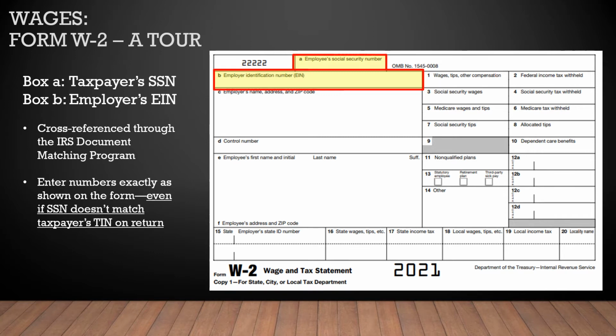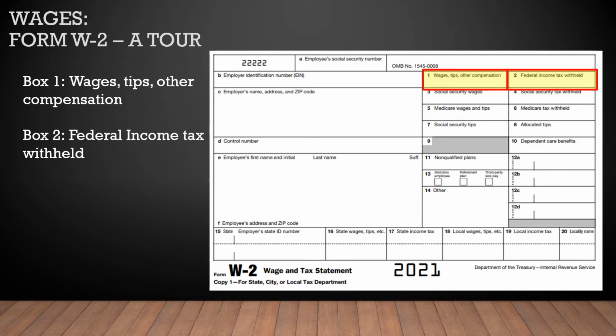And this is important even when you might have a taxpayer with an ITIN that is different than the Social Security number that's reported on the W-2. In that situation, the taxpayer files the return under their ITIN, which you've seen their documentation, the proof of that tax identification number. But when you enter that W-2, again, the Social Security number on the W-2 is what you will enter on the return.